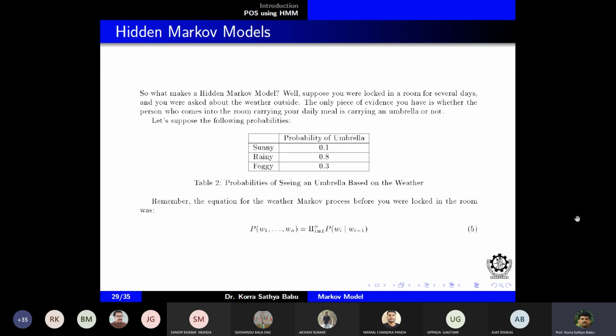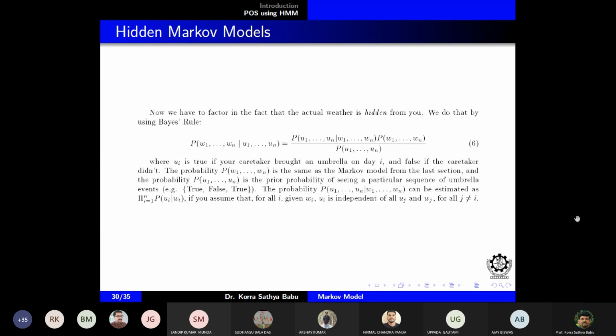Okay, finding out the Markov process and the probability of the person bringing an umbrella. Now if you see here, we have to factor in the fact that the actual weather is hidden from you, right? Suppose I say that on day one you are locked inside the room, and on day 2, day 3, day 4, day 5, day 6, every day the caretaker is coming to you and giving you the food,